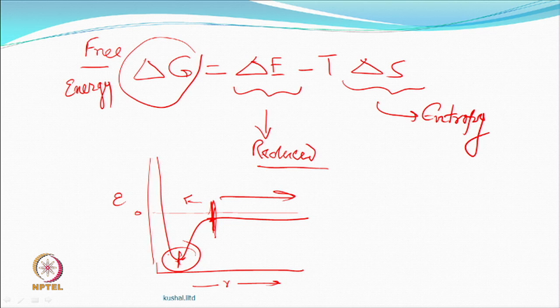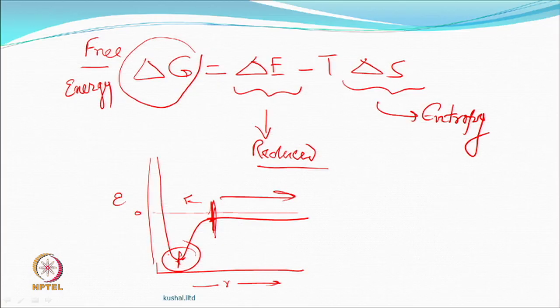Why? Because all the masses attract each other. So, they come closer. Coming close is a good idea, but they can't go beyond a certain value, because if you come closer than that, then you have electrons everywhere, so they start repelling. So, the energy goes up tremendously,